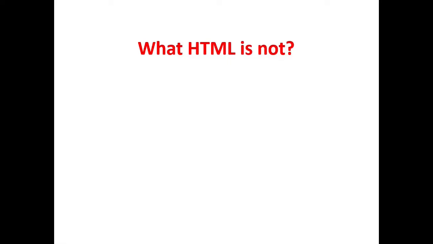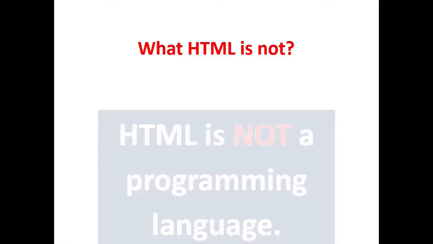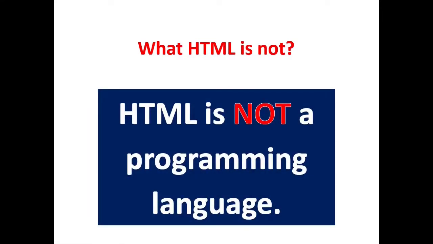Even though HTML is very important in designing web pages and website, HTML is not a programming language. This is very important to differentiate between a programming language and a markup language. A programming language has logical and computational capability. Also, programming language can instruct a computer to do some operation. But markup language on the other hand is static and is only used to organize data in a specific structure. HTML in our case is used to give structure to a web page. So HTML is building block of web page, but HTML is not a programming language.